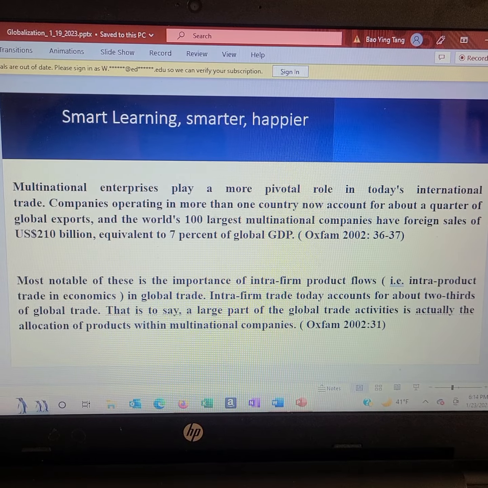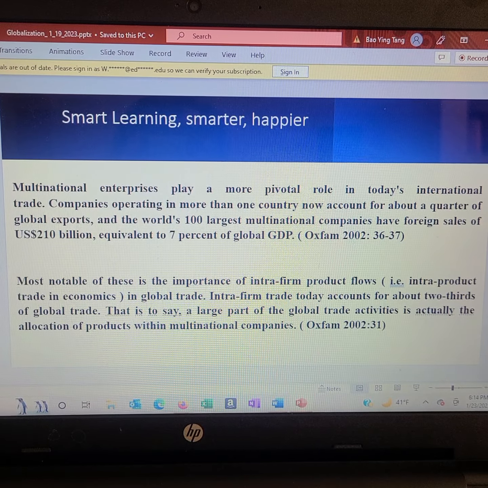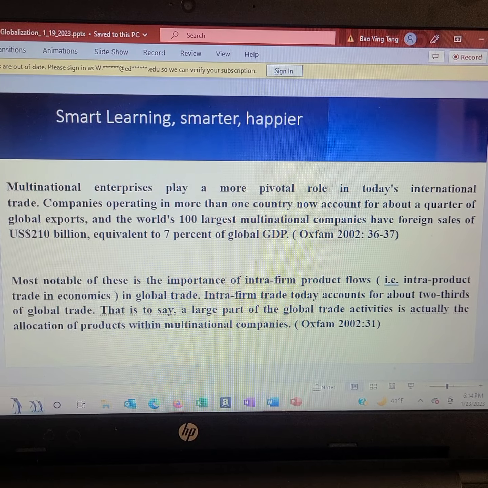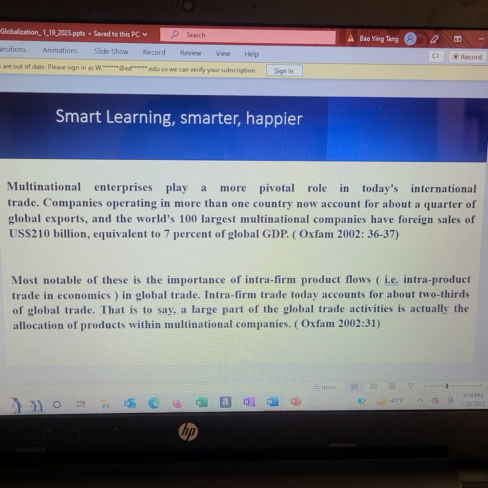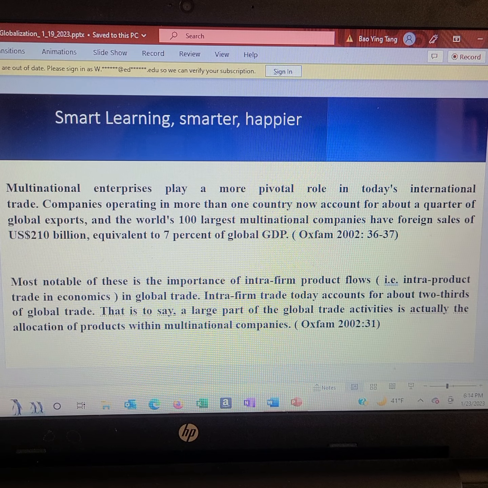Multinational enterprises play a more pivotal role in today's international trade. Companies operating in more than one country now account for about a quarter of global exports, and the world's 100